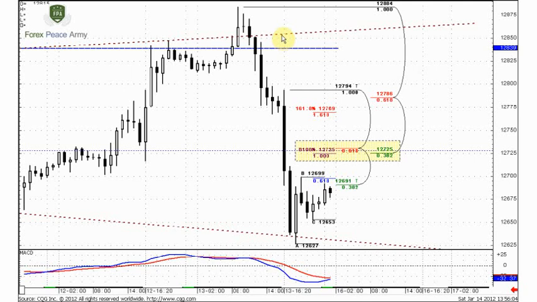Since if the market is really weak and ready to continue the move to the downside, this could be and should be a retracement just to that area. After that, the market should continue the move to the downside. This will be, say, perfect. If the market continues a move a bit further and reaches 127.69, 127.86, well, that is acceptable, but a retracement only till that area will be perfect.